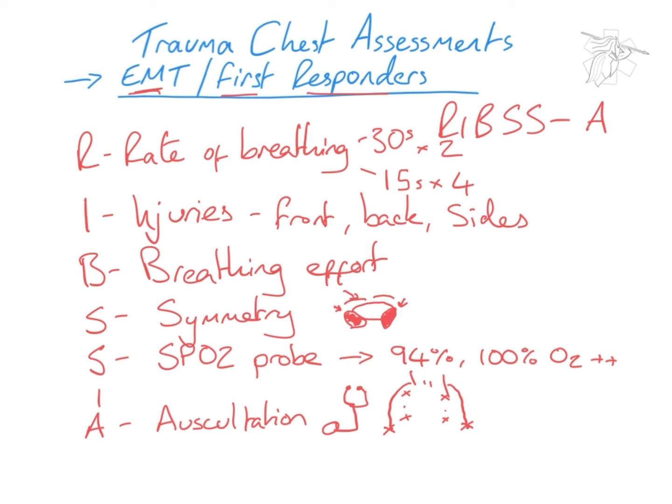And all we're listening for, comparing one side to the next, is, have we got good air entry on both sides? So can we hear good movement of air into the lungs on these areas? And is it equal on both sides,